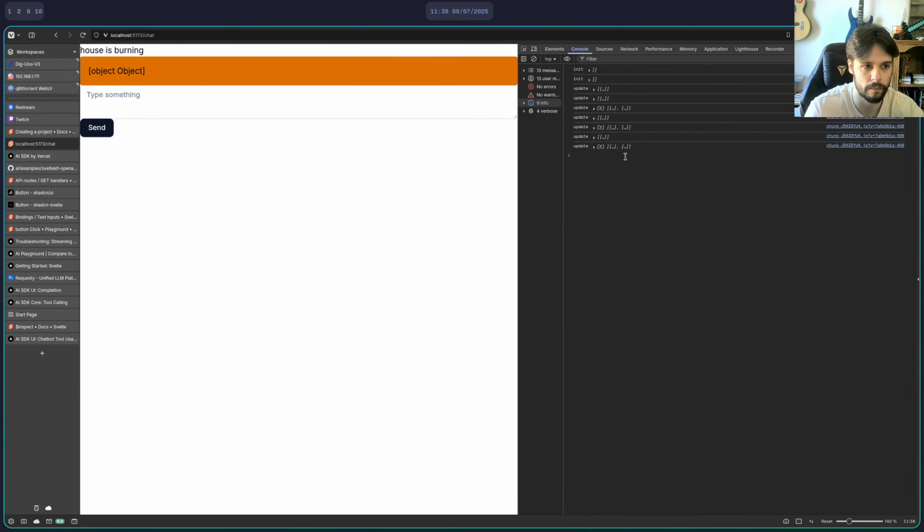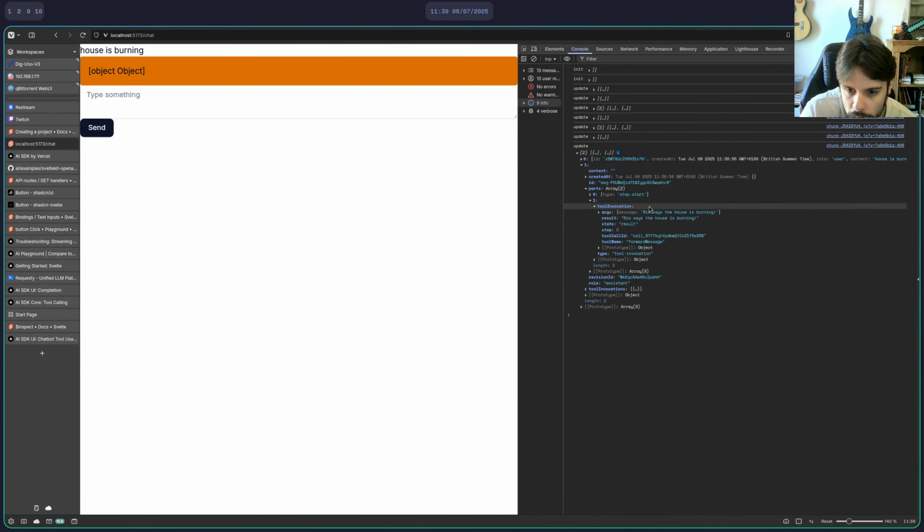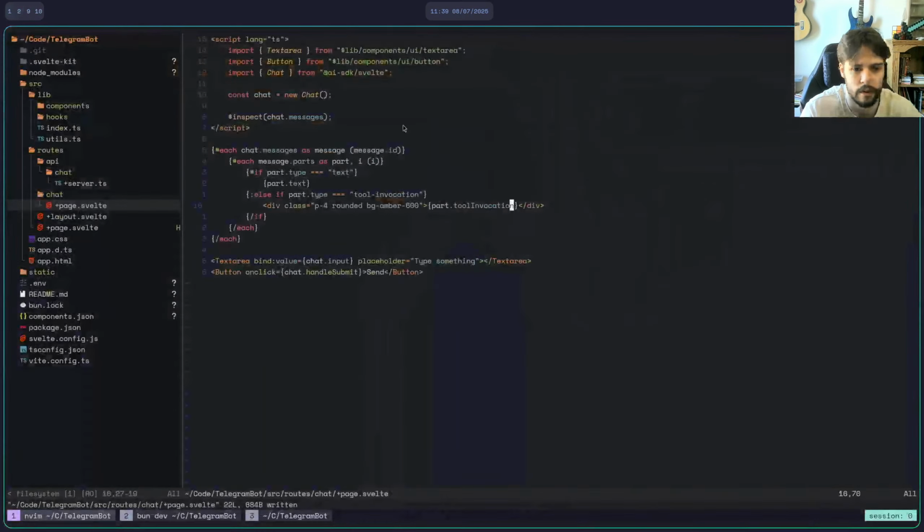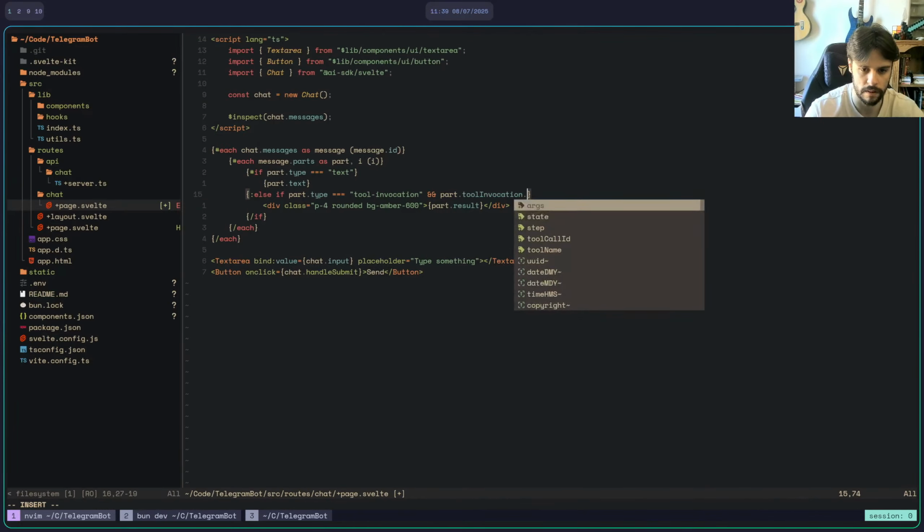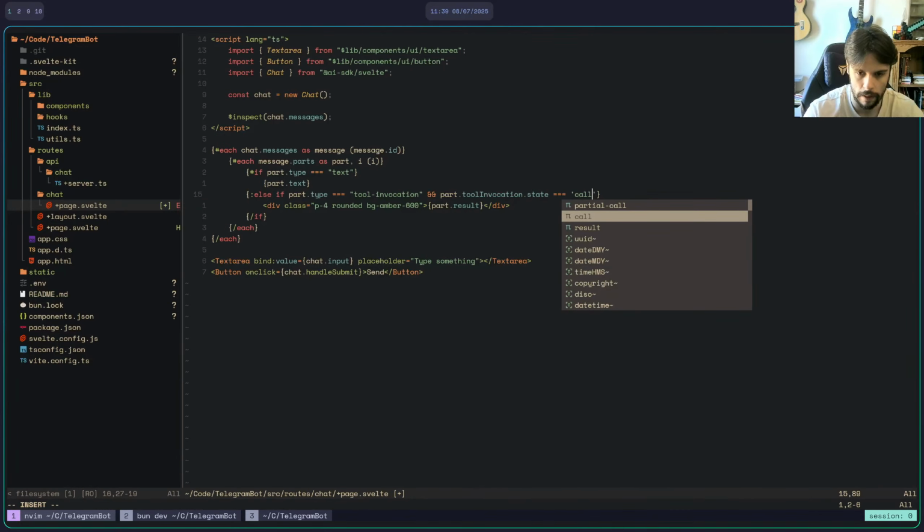What is it? Okay, that's fine. Parts tool invocation state args message state, oh, just dot result, but it didn't seem to have that, did it? Okay, and part dot tool invocation dot state is equal to result.